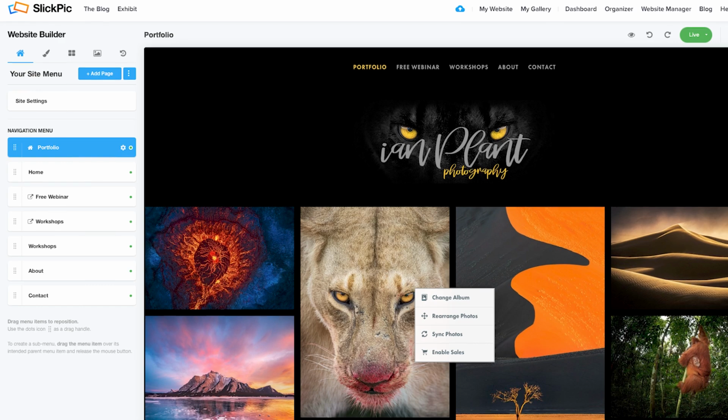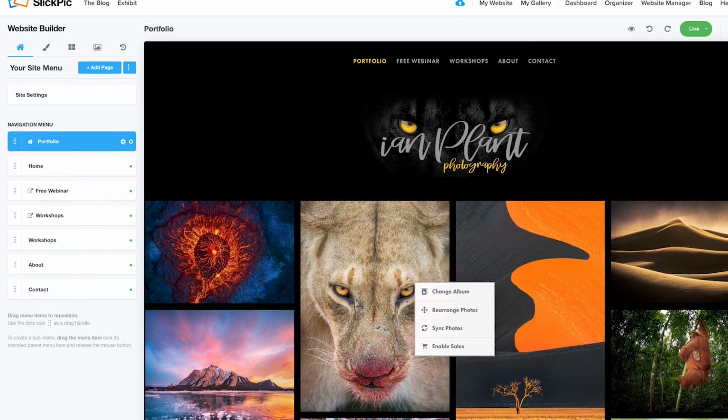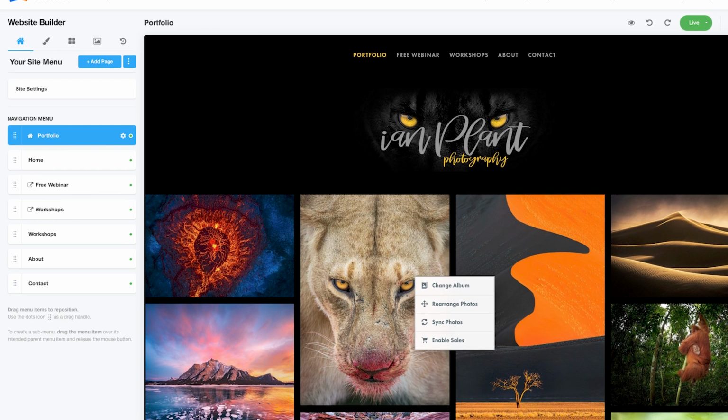We kind of break Slickpic down into four primary components. One is a photo sharing gallery system. We've got the website builder. With Slickpic, it's fast and easy. The other components of the platform are a terrific blog engine,